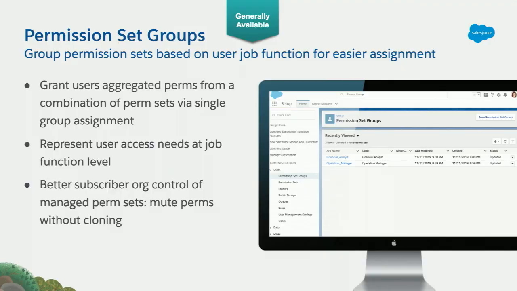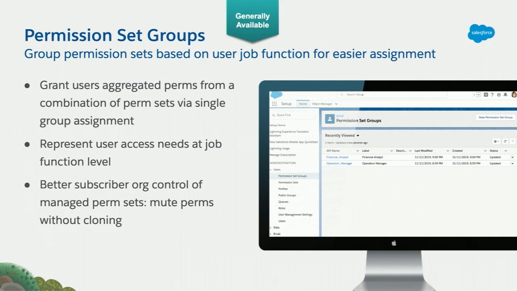With this grouping functionality, now you can combine a list of permission sets into a single group and then assign that to your user easily. If you think about permission sets as keys that you allocate to a user to unlock functionalities, now a permission set group is like assigning those keys to a key ring, and then you can easily give them to your end user. Those key rings are supposed to represent the user's job function, so that you can easily configure and then maintain them.